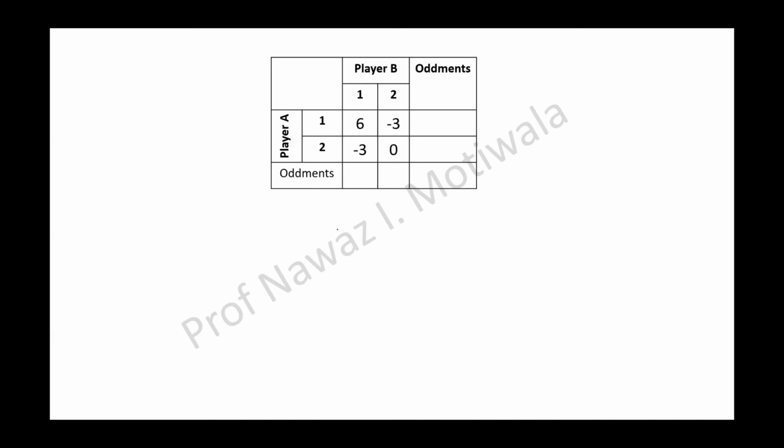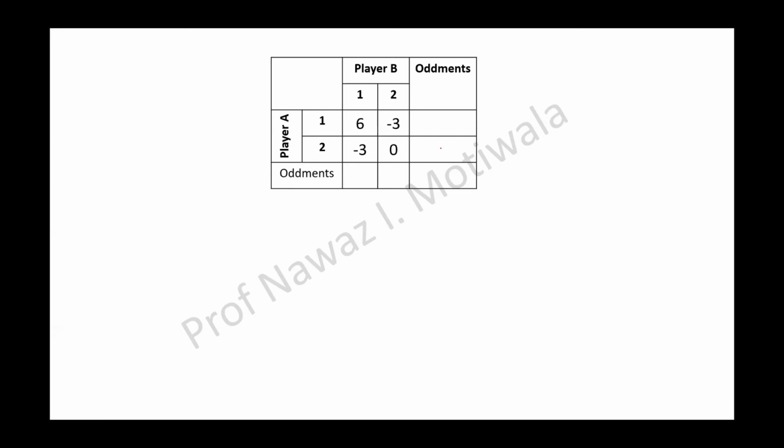And where should it be written? It will be written in the second row. That's the mistake which students make in the exam. Please note this. Students make the mistake here only. What do they do? 6 minus 3, they write 3 in the second row. So don't do it like this.